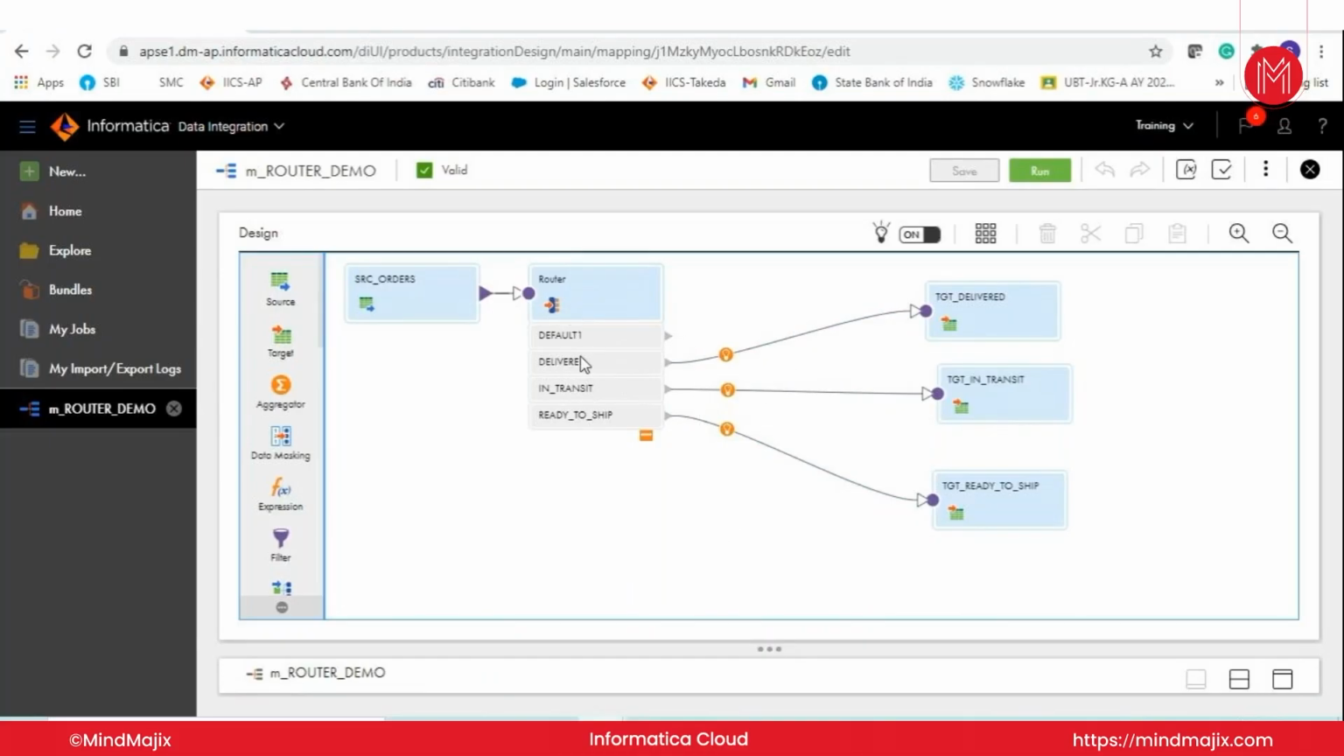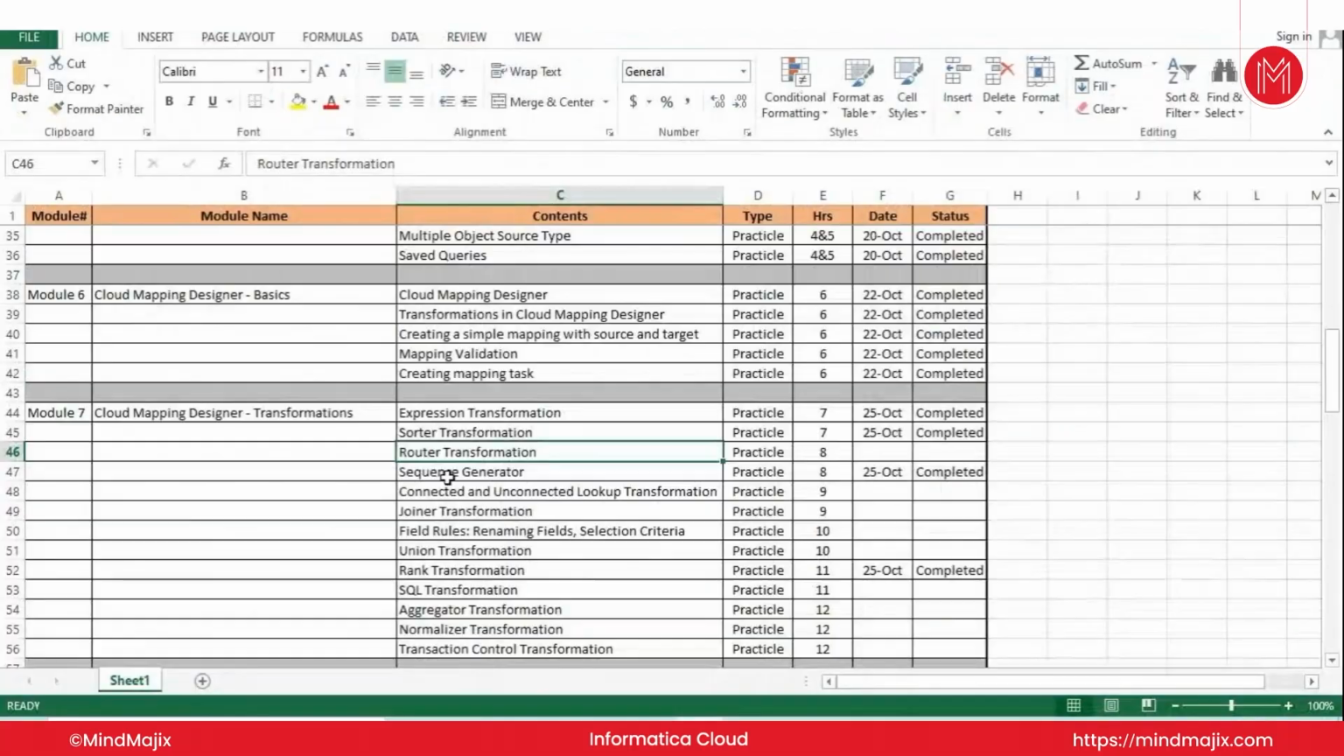Okay, so now let me give you a scenario. If I do have a router transformation, my data is coming in with a column called age, and I do have groups like age between 1 to 20 as the first group, the second group says age between 20 to 40, and then I do have a default group, for everything except 1 to 20 and 20 to 40. And if my input row comes where age is equal to 20, in which group will it go? 1 to 20 and 20 to 40. This is router